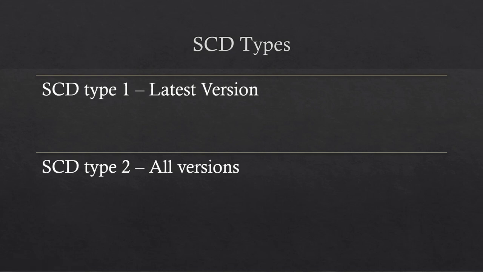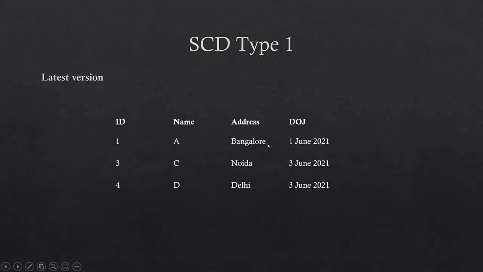But if we have a requirement to store all the versions of data, because I want to do point in time reporting, trending reports, then I need to store the entire history of the data, how it changed. So I will have two records, both Pune and Bangalore. So let us look at this in detail.